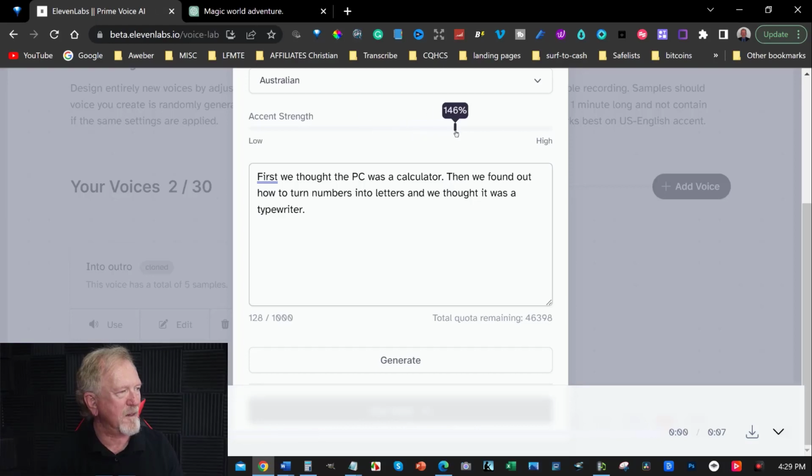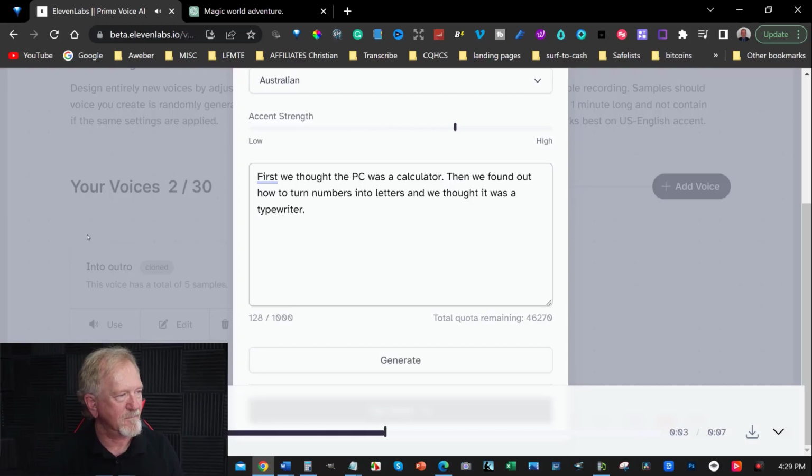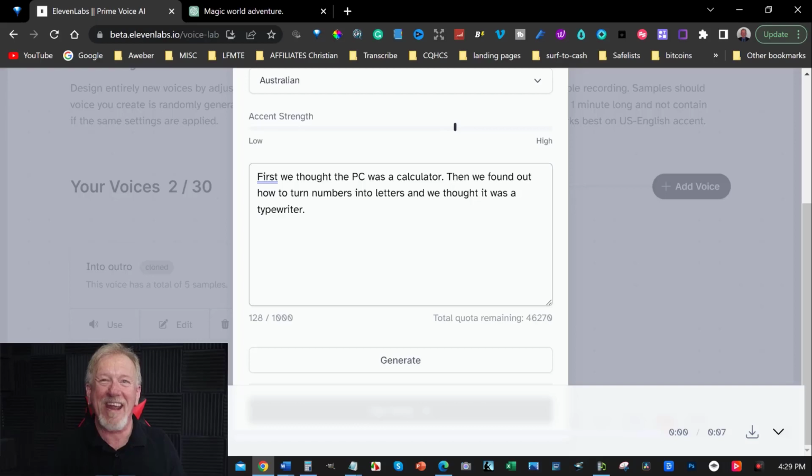Let's turn the accent up a little bit and see what it's like. I want to hear what the difference is like. First we thought the PC was a calculator. Then we found out how to turn numbers into letters, and we thought it was a typewriter. That's a really bad accent, to be perfectly honest. It sounds like I'm English. It sounds like an English person rather than a...